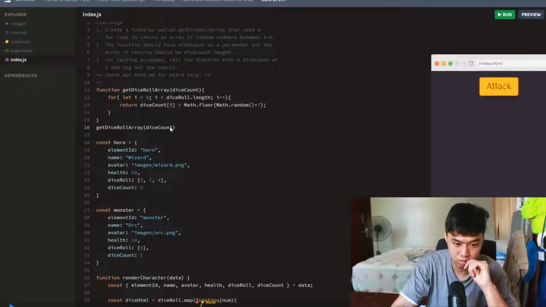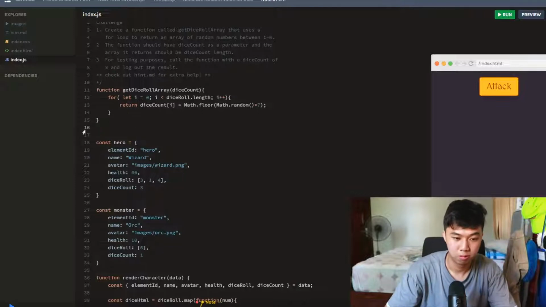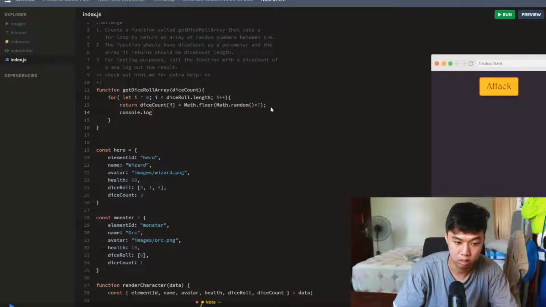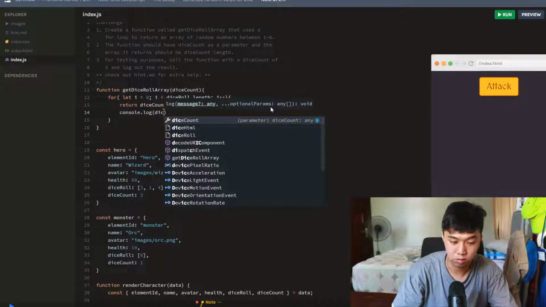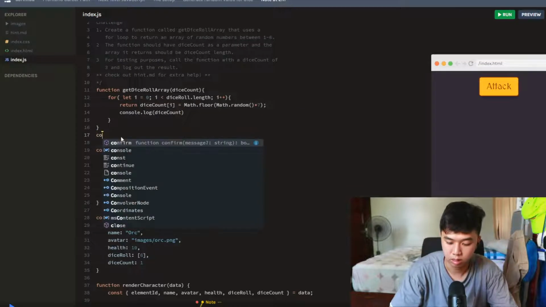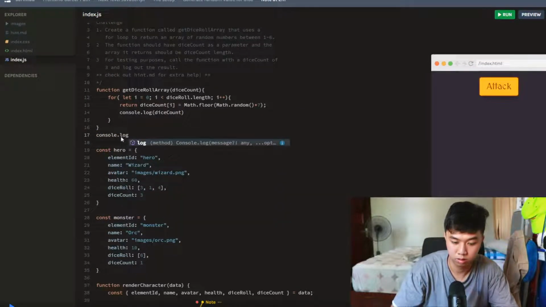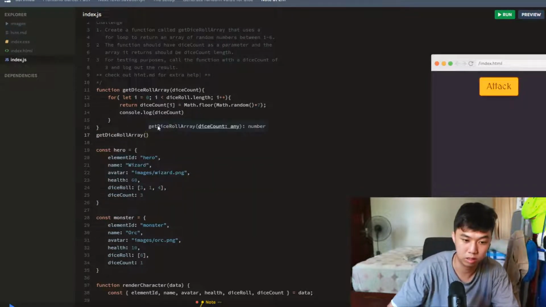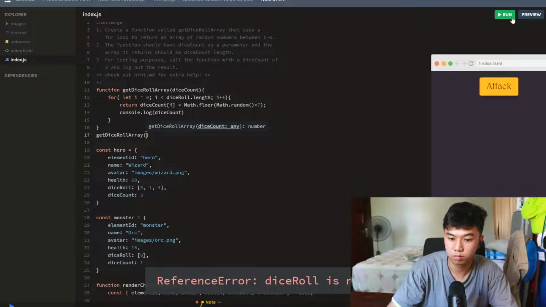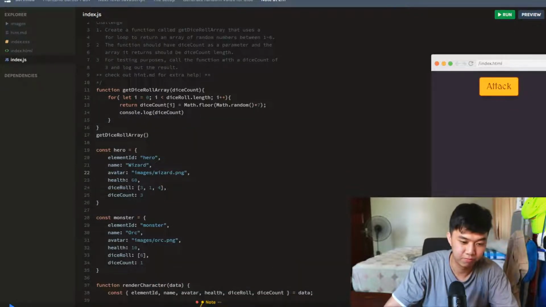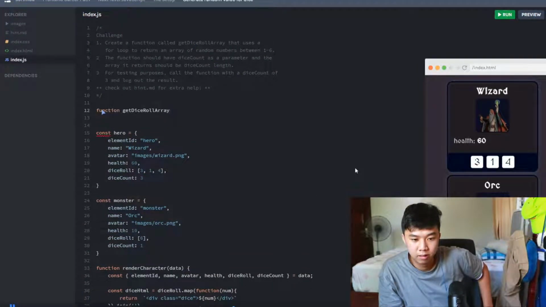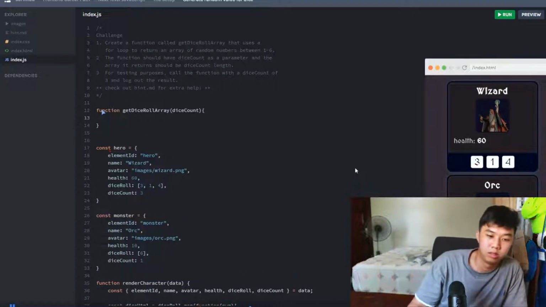Log out the result. Let me try this. Console.log dice count. Then we console.log, and then we call the function get dice roll array. Call this, run. Frick. So we know the function is called get dice roll array, and let's just